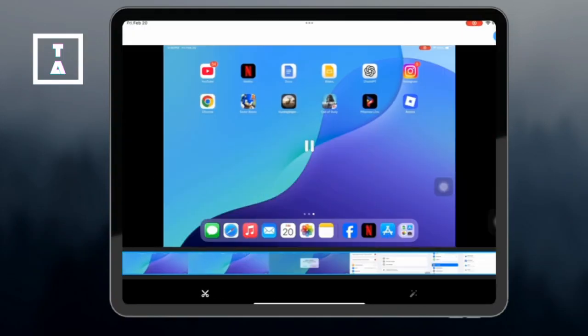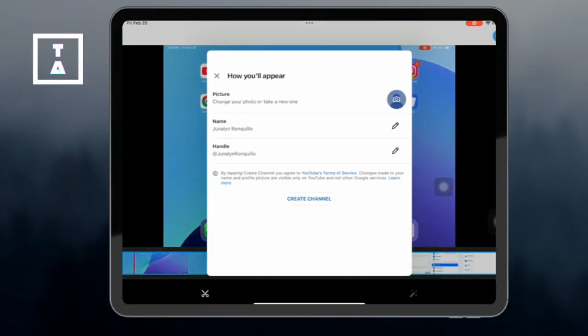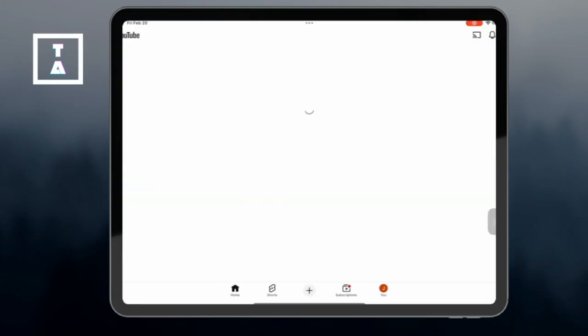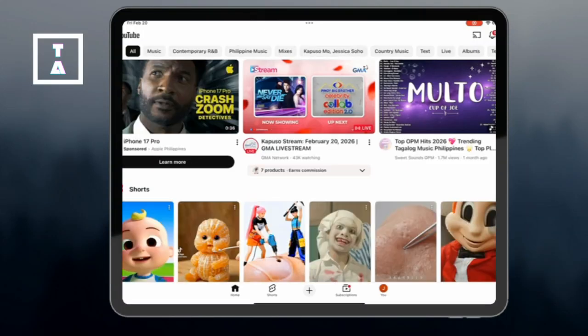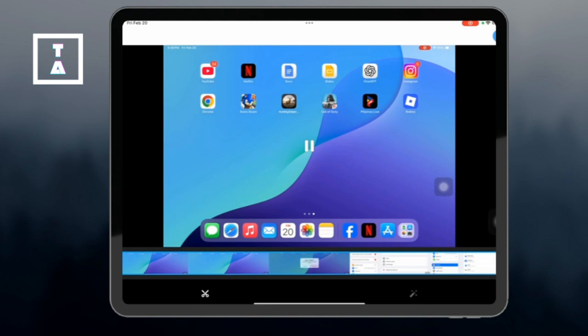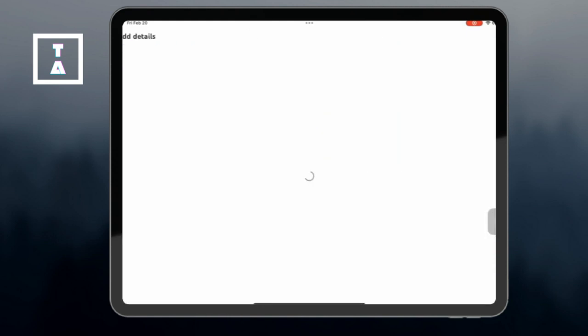Then tap next and add text, filters, or sounds. Tap next again, then add a title, include hashtag short for better reach. Then tap upload short. If you edited your videos in apps like CapCut or iMovie, open the YouTube app, then